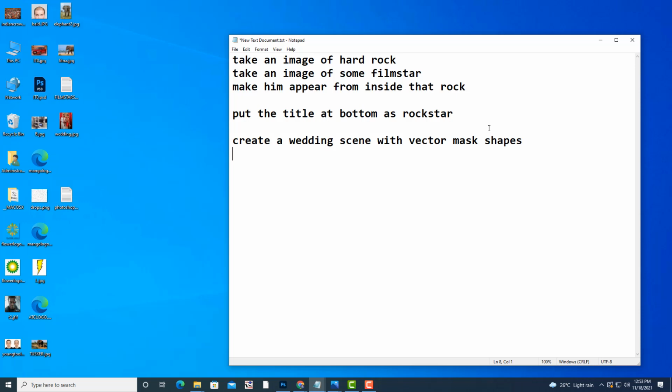Like that, you can take similar type of images and show it like a cover, album cover. Okay, I will write, show it like an album cover. So this is your second assignment.